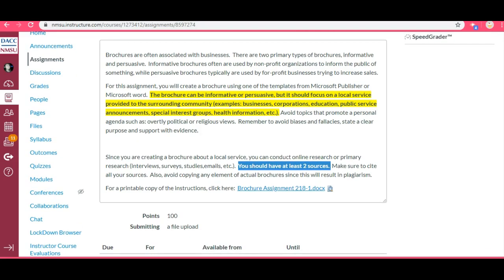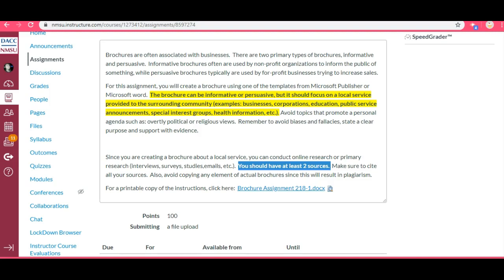For example, if you want to create a brochure about a youth group or about a club, you could incorporate a statistic about the benefits of talking to people with similar interests or something like that. Find a statistic like 73% of people who find a hobby are happier and less stressed, or something like that. So try to find statistics to provide in your brochure because again, the brochure provides basic information, but it's very